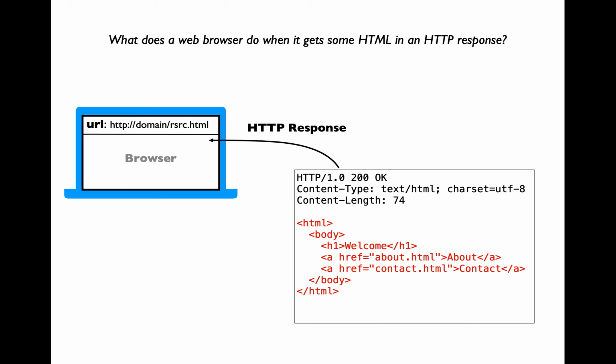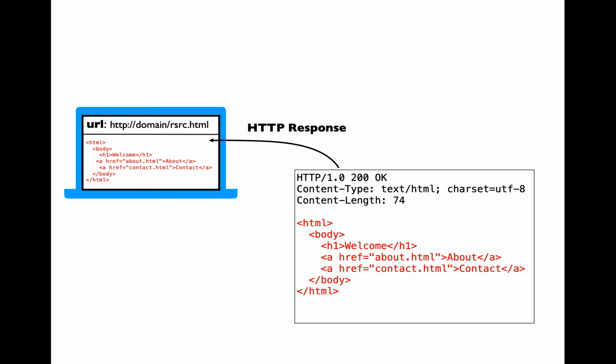Let's get started by doing a quick recap of what happens when you type a specific URL within your web browser. Recall that you'll be sending an HTTP GET request to the remote server hosting this domain, asking for the resource of resource.html. The remote server is going to process the HTTP GET request and generate an HTTP response packet, which will contain useful header information along with contents of resource.html.